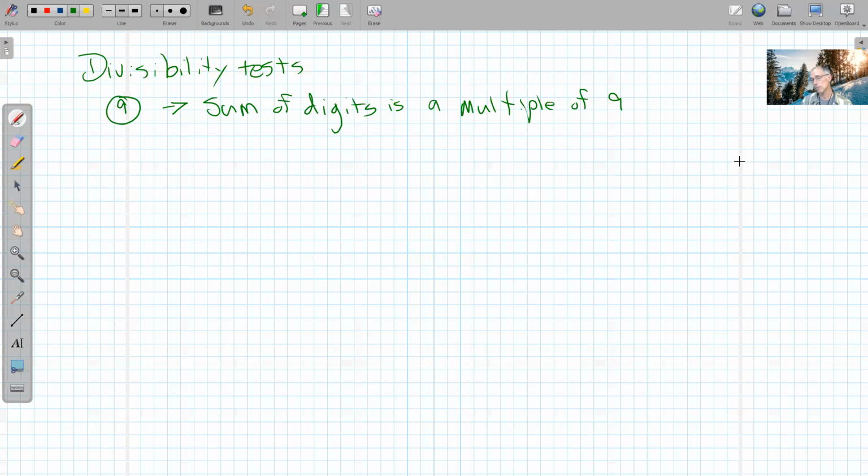Yeah, so it may not add up to 9 exactly. It could add up to 18. It could add up to 27. Any multiple of 9 is fair game, and that would just depend on how many digits the number had. So for example, if we had the number